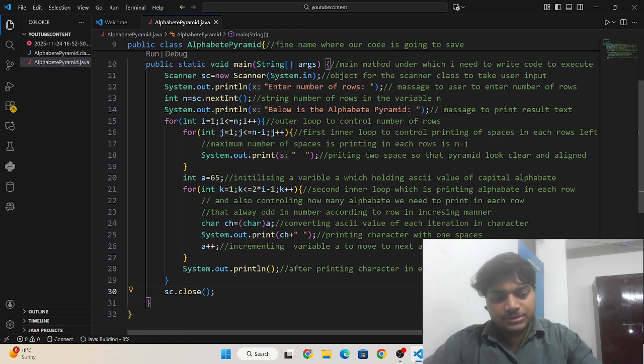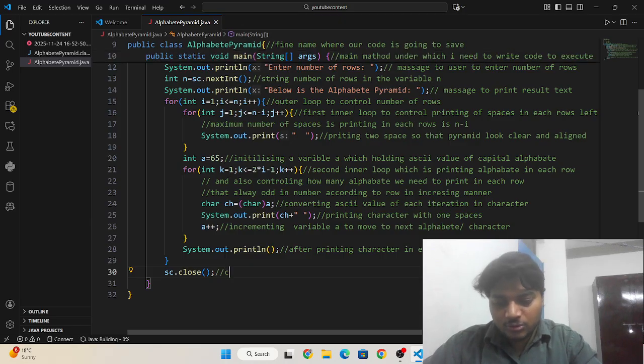Okay, and this is what we are doing: closing of the scanner class object, to avoid resource leaks, and free the memory also.